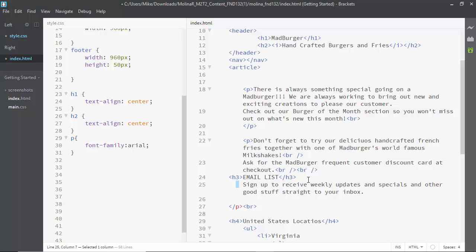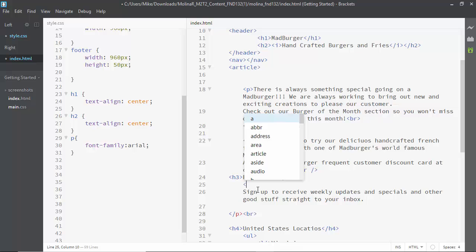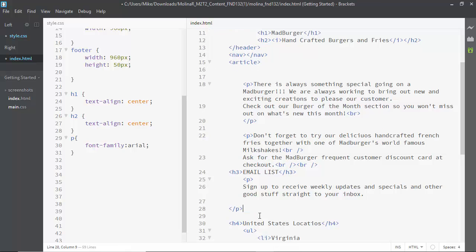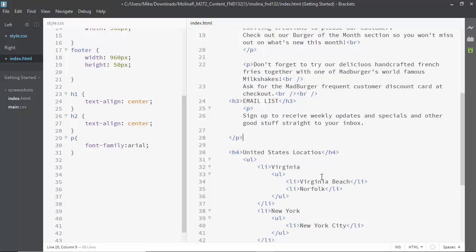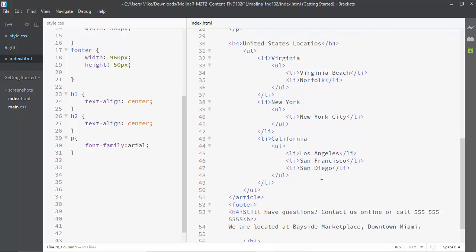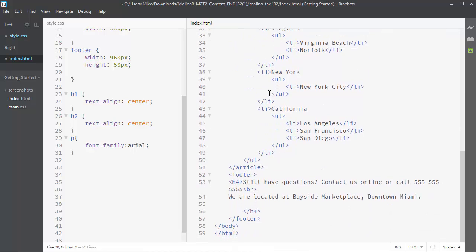Now this paragraph down here, you are missing a closing paragraph tag, so you have to have that to close it. And you don't need an extra break here because you have a paragraph here, so it automatically adds that extra return. Okay, so you've got a nested list. Okay, so I'm going to assume